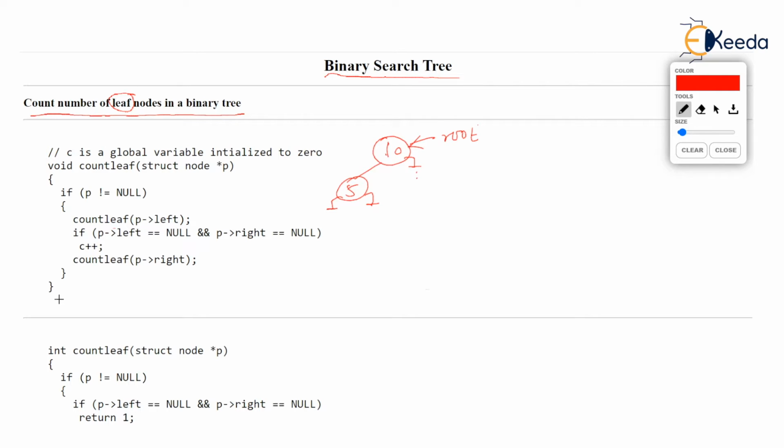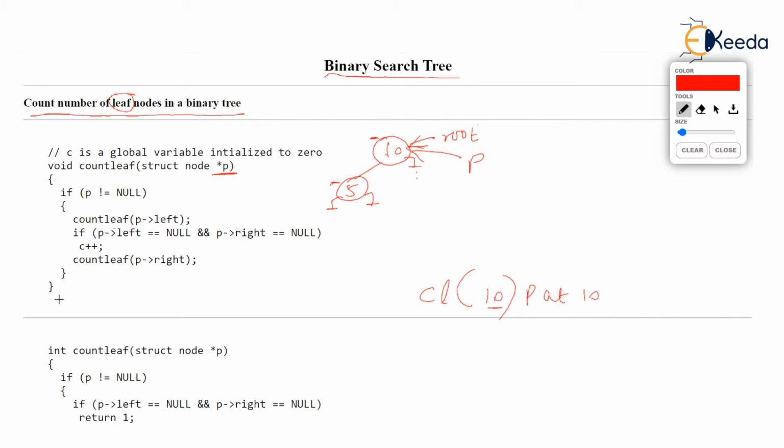We know that it has some addresses. We will directly now show countleaf is called for the node 10 like this. Now note that we are not passing 10 to countleaf. We are passing an address. This P is going to be an address, but in our explanation, we will show that countleaf is running for 10. That means pointer P is pointing at 10. I hope you understand this. So P is right now at 10, or P is storing the address of the topmost node.